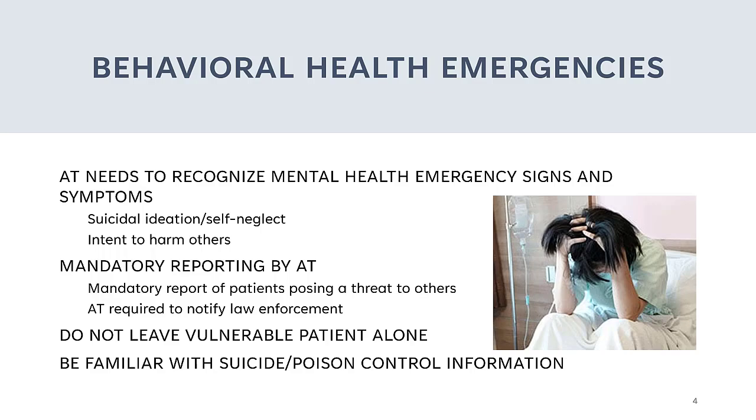Behavioral health emergencies. Patients who are experiencing severe changes in mood, thoughts, or behavior, or severe, potentially life-threatening adverse drug effects need urgent assessment and treatment. An athletic trainer must be able to identify when a patient's mood, thoughts, or behavior is highly unusual or disorganized, and is required to report if they have determined that the patient is a threat to themselves or others. A threat to self can include, but is not limited to, suicidal ideation or attempts, and self-neglect or failure to attend to the basic needs, including nutrition, shelter, and needed medication.